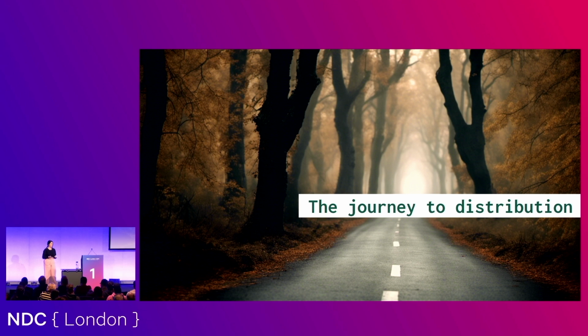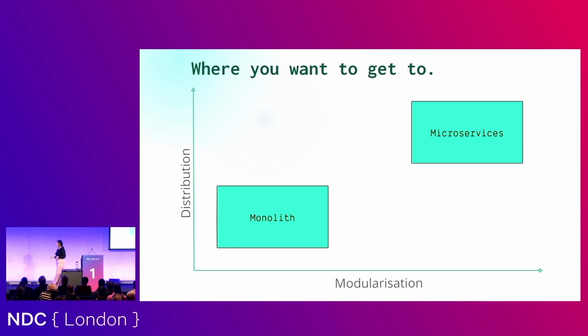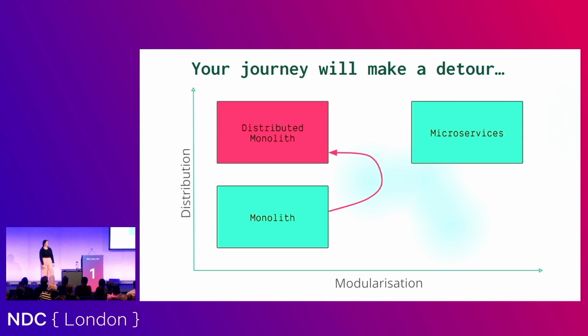So let's have a talk about the journey to distribution. You don't just suddenly get a distributed app. We have this journey. Now, I use this chart a lot. I stole it, so I may as well use it a lot. I stole it from a colleague, who stole it from another colleague, who stole it from someone who owned it. Who knows? I don't care. It's mine. And this is what you think you're going to do. You're going to take your monolithic application and it's going to become microservices. Yeah? Oh, okay. This is where you're going to end up.